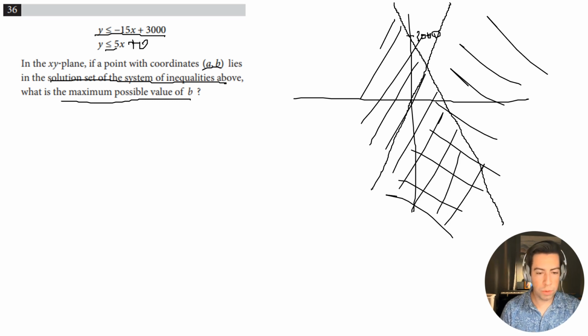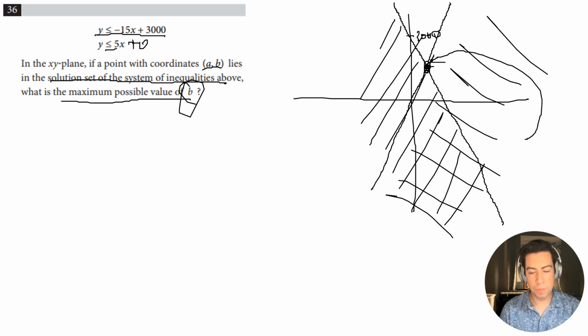Okay, so we want a y value that is the maximum possible value. So the maximum possible value here is actually going to be this point right here, right? And if you notice anything about that point, it's actually the point where the lines intersect. So if they intersect, the way we figure that out is just setting them equal to each other, right? So what I'm going to do is say, okay, well, 5x, if we let that equal negative 15x plus 3,000,